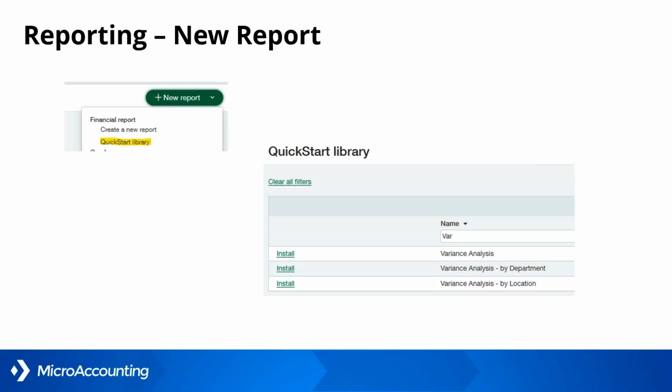To get those reports, you're going to go to your report center, and where you would normally create a new report, instead of creating a new report, you'll go to the Quick Start library, and then you'll see a list of reports there. You can install any of those reports available in that library if you see anything that interests you, but the 3 specifically that we're talking about today are the variance analysis reports. So you can see those different options, and then you just click on the install button on the left, and it will install those to your environment.